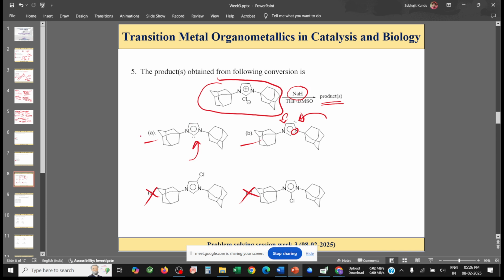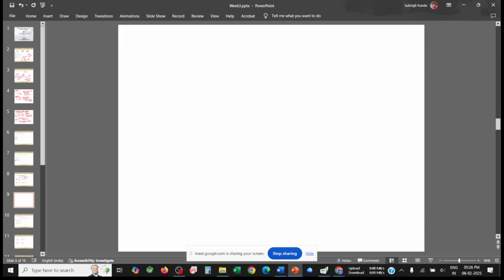For that, option A will be the right answer. So this compound, the adamantyl